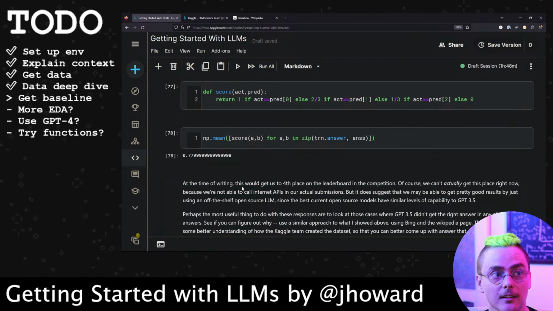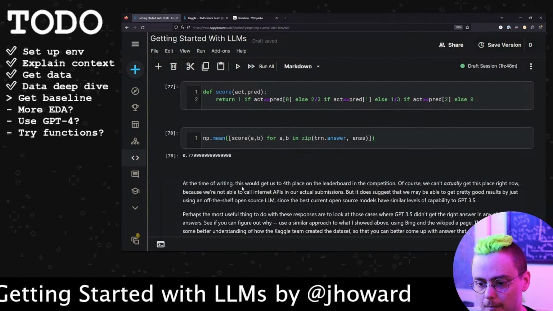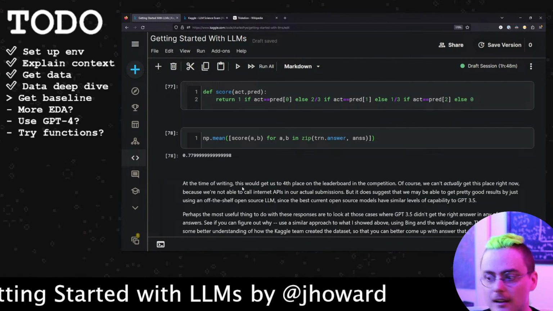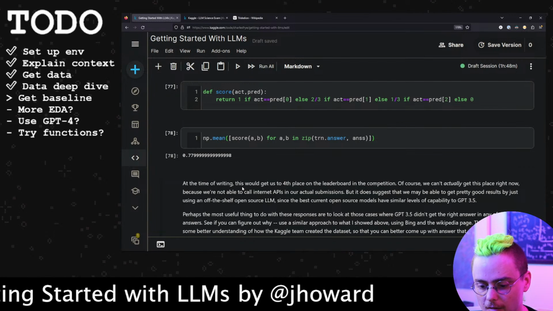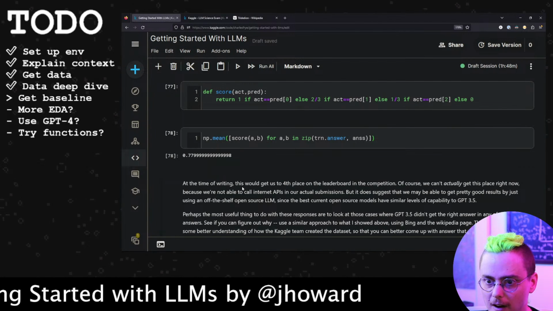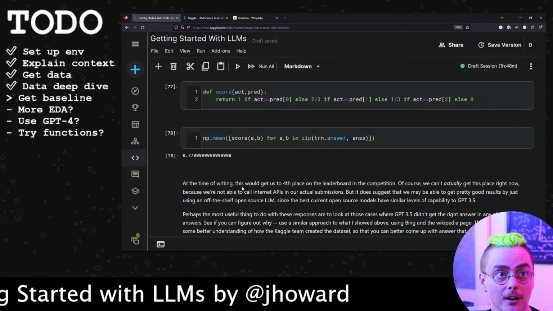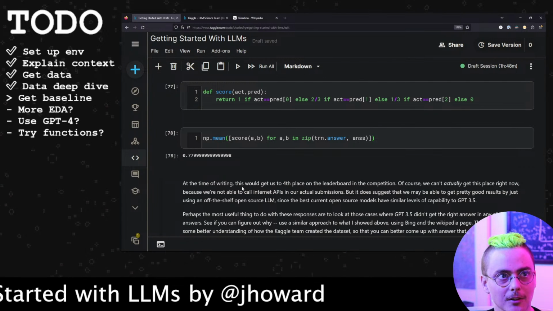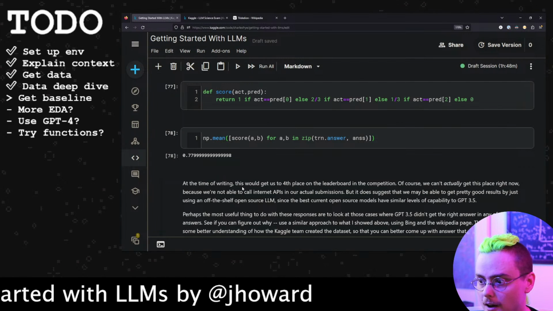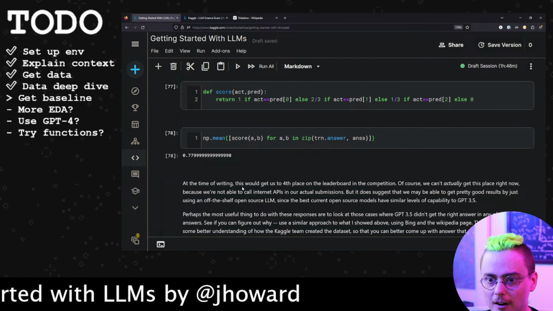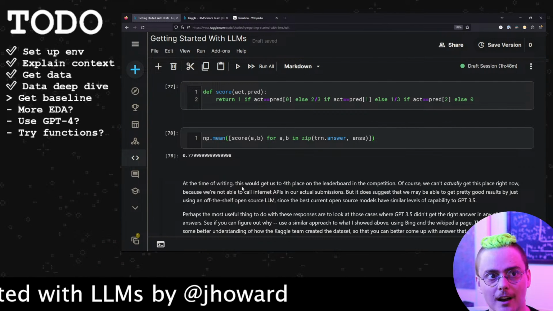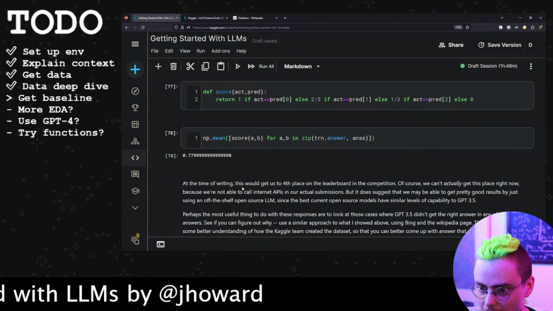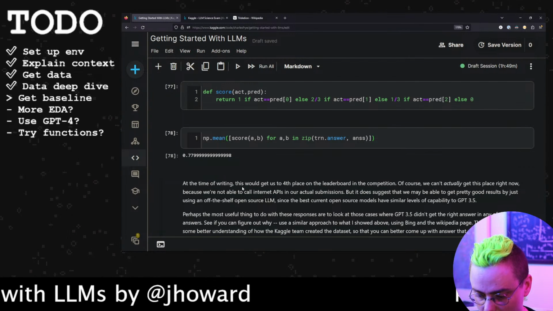And the best current open source models, like the 70 billion parameter version of Chat Llama 2, seem to have similar levels of capability to GPT 3.5. Definitely people have been fine-tuning on top of Chat Llama 2. Evaluating capabilities is pretty challenging, so it's hard to know, but saying similar is probably fair. So you might get less than this, but not 30% instead of 75% score.